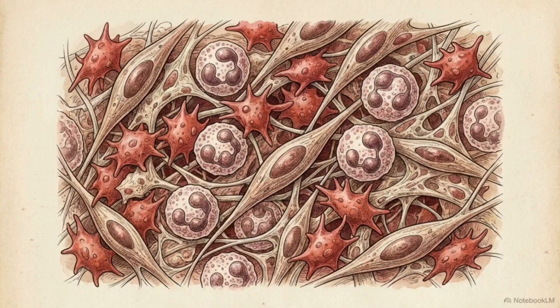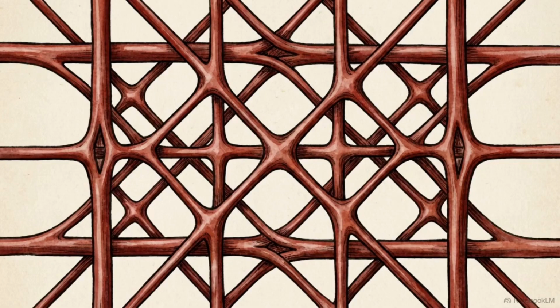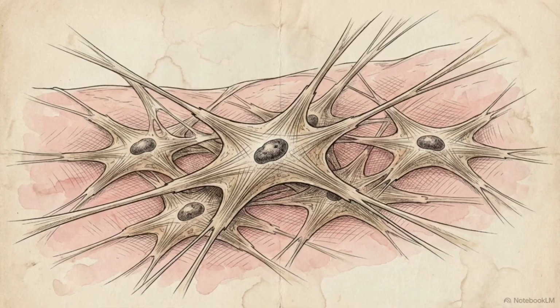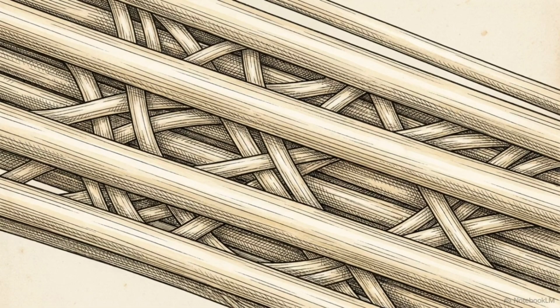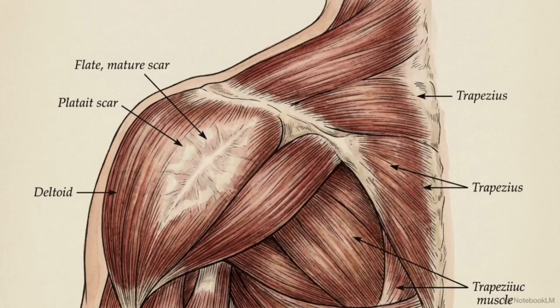This graph plots structural recovery. Tensile strength climbs steadily, peaking at 12 weeks post-injury. However, scar tissue has limitations. It never regains full resilience, plateauing permanently at 80%